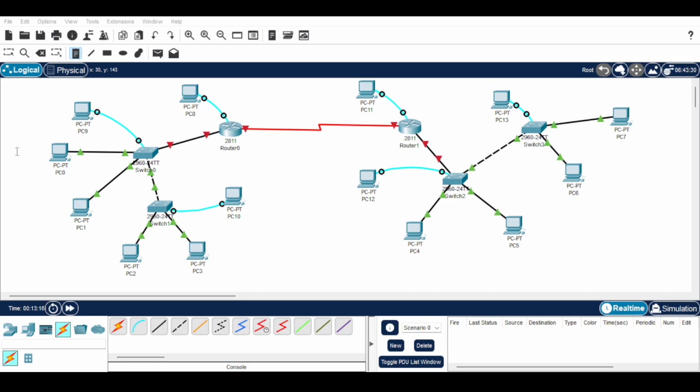So /26 means it will give us 64 IP addresses. Broadcast IP is 192.168.1.63,